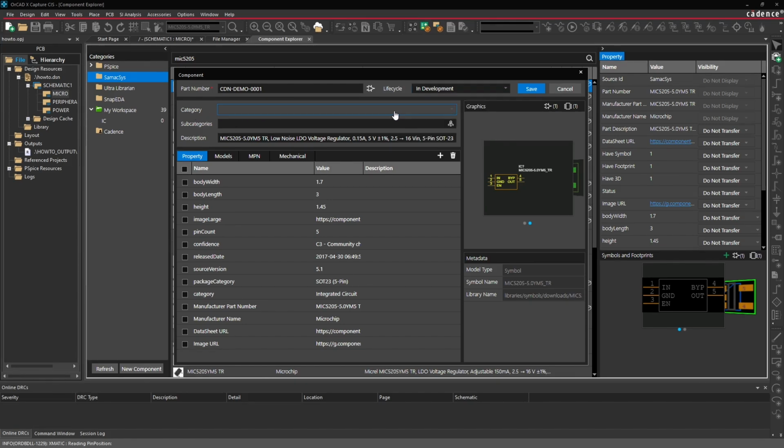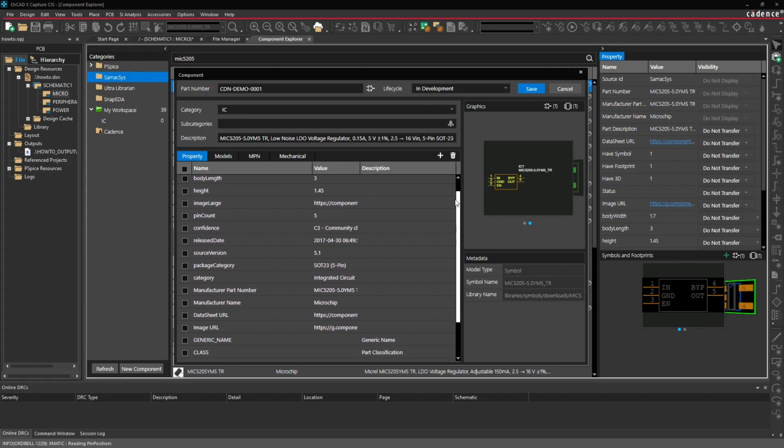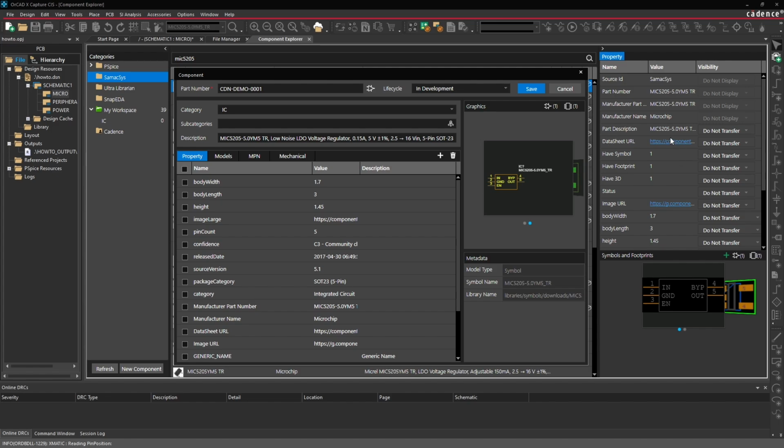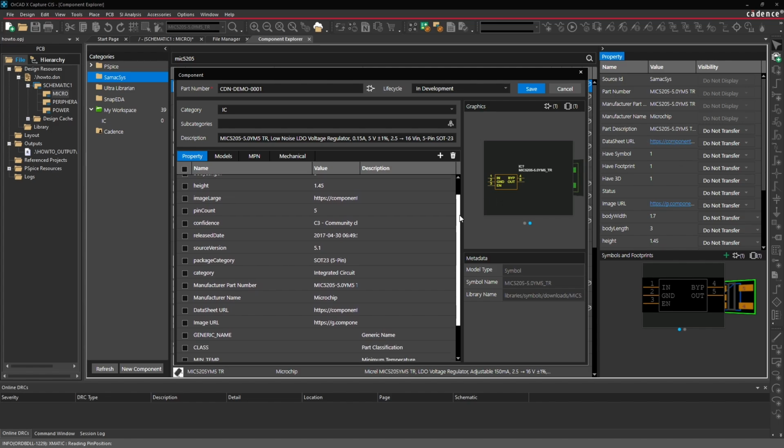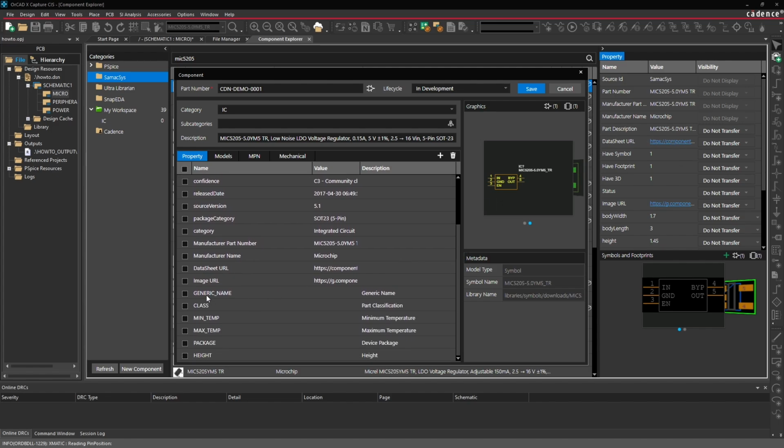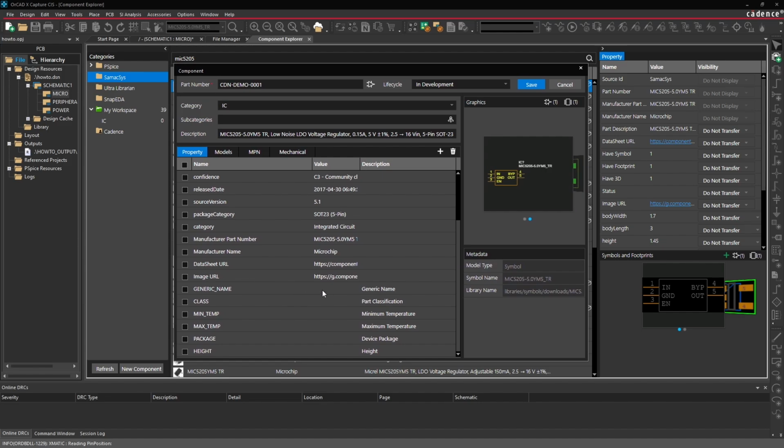For the category, let's select the IC category, which we just created. And if we had any subcategories, we could select them here, for example, if we made a regulator subcategory. Now, these are the properties that are by default imported from these properties that we saw here into the part. If we scroll down, you'll notice that the properties which we defined for the IC category have also been added to this component instance. We can fill in some of these values that are specific to this part by simply